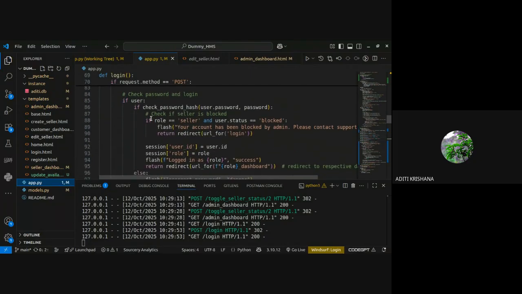But after checking the password, I check the status of this user. If the status is blocked and the role is seller, the seller will not be able to log in. Same, I can write this if role again here for customer. Okay, so this was the condition I have given for block functionality.